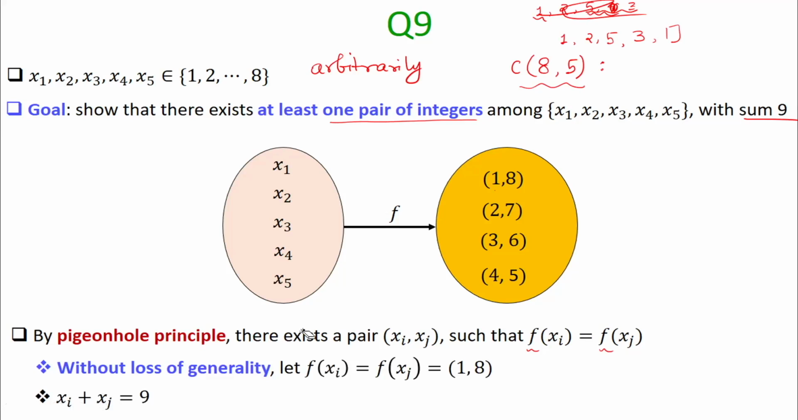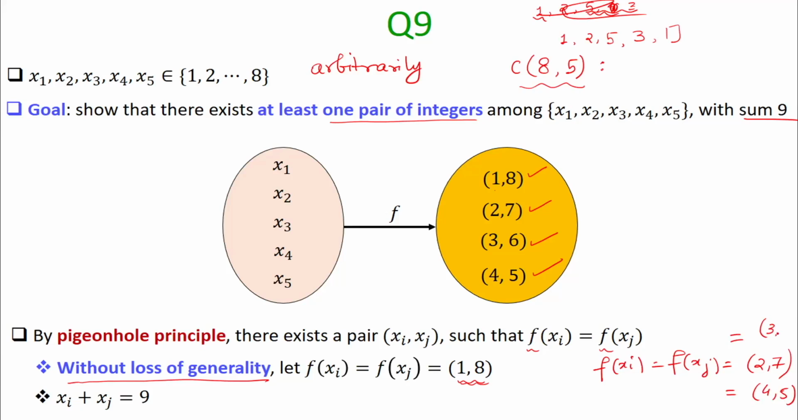So again, without loss of generality, suppose both of them got mapped to 1, 8. We don't know the identity of xi or xj, and we don't know the corresponding mapping as well. It could be either 1, 8, 2, 7, 3, 6, or 4, 5. So without loss of generality, whatever reasoning we are giving here for the case where f of xi is equal to f of xj equal to 1, 8 holds, the same argument will hold even if f of xi is the same as f of xj is equal to say 2, 7. The same reasoning will hold symmetrically for the case when it is 4, 5, symmetrically for the case when it is 3, 6, and so on. So that's why we don't consider the remaining 3 cases, we just consider the case when f of xi and f of xj